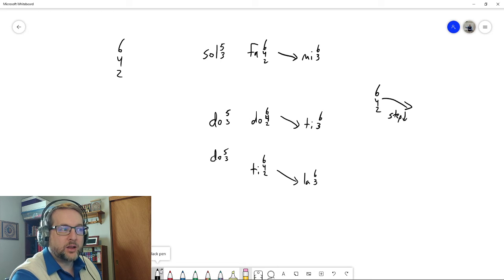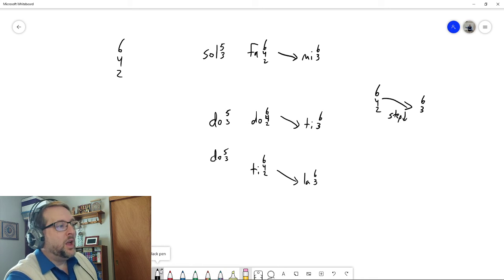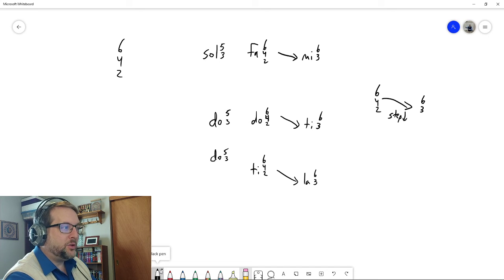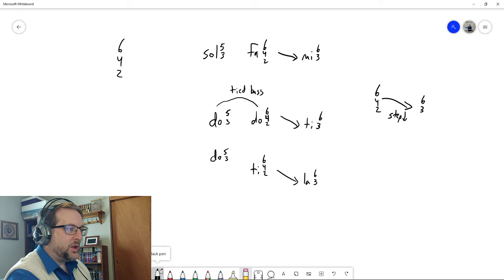And unlike the 6-4-3, which resolved down to a 5-3, the 6-4-2 resolves down to a 6-3. And the 6-4-2 chord is a great thing to do to a tied bass. You see here the bass stayed the same. And we learned about our tied bass in written theory, of course, with our partimental practice. Or the upper voices stay the same. And we have here a